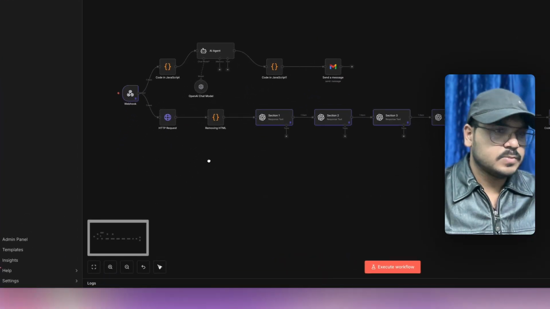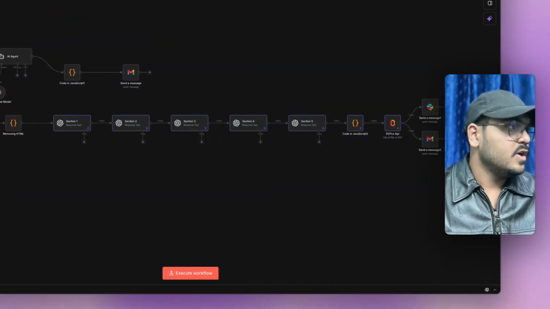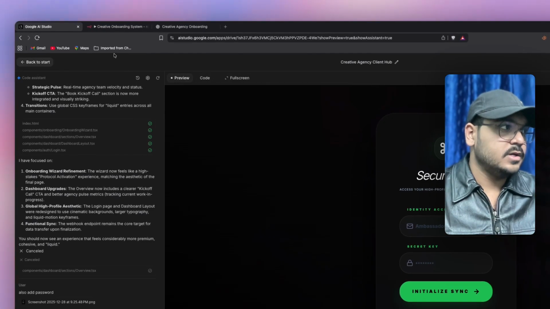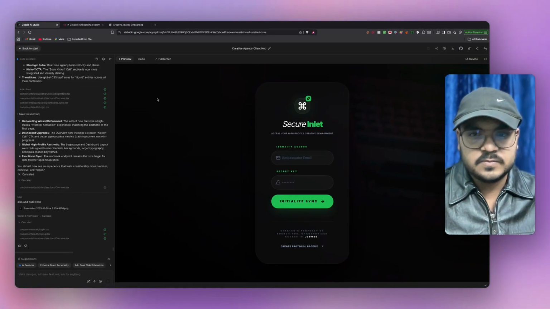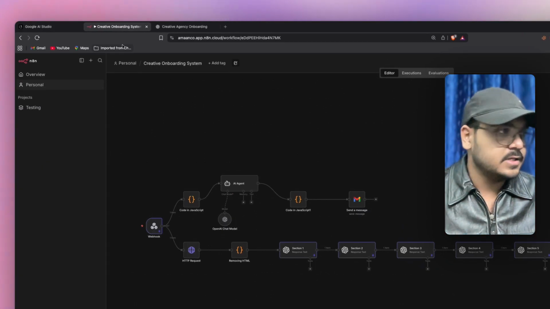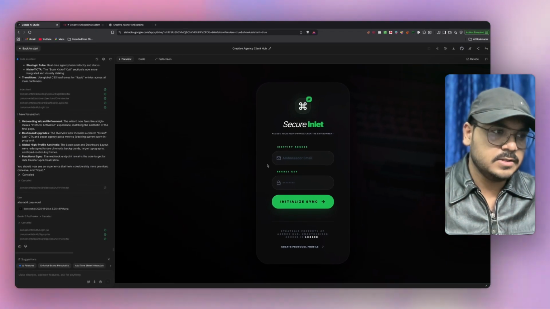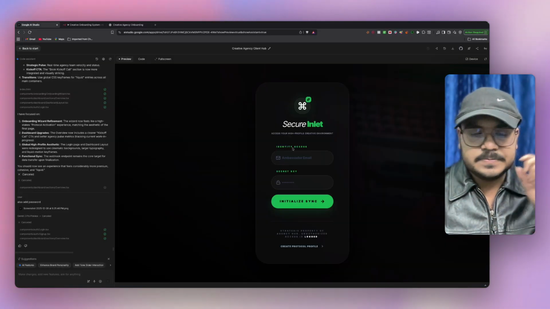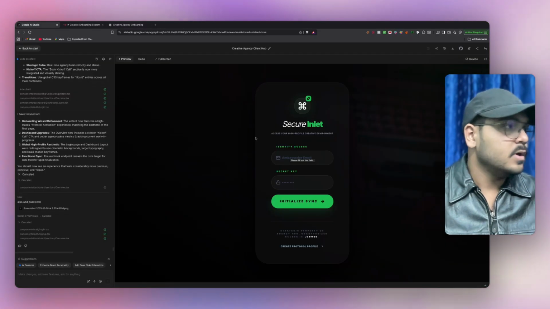So this is the workflow. This is the n8n workflow which I have built for this specific dashboard, right? So here I've done two things: I've created an AI system, which is the basic front end, and I've used n8n as a backend, and I've used Supabase for the authentication and the logins, right? I'm just gonna be doing the live demo of this, so you can actually see how I am getting